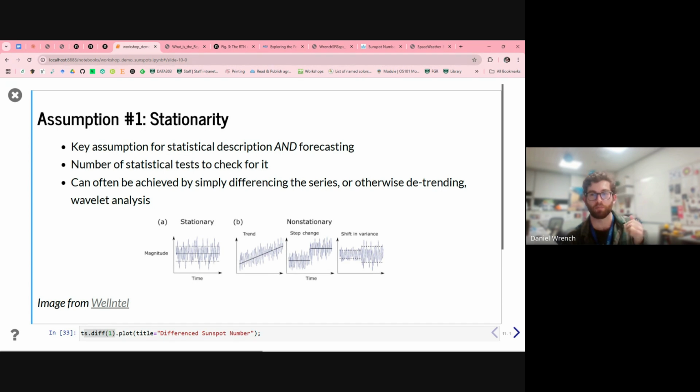But if you wanted to describe an autocorrelation function or a power spectrum and claim that it's actually representative of your data, obviously we need to make it so that the autocorrelation or power spectrum isn't suddenly going to change if you're just looking at a different part. So if you want to justify using those statistics to describe your data, you really do need to at least somewhat validate this claim of stationarity.